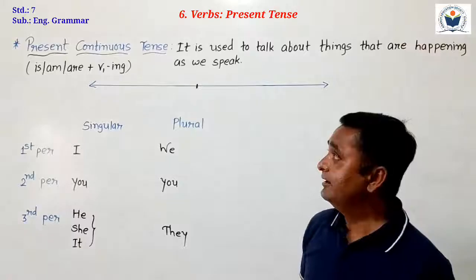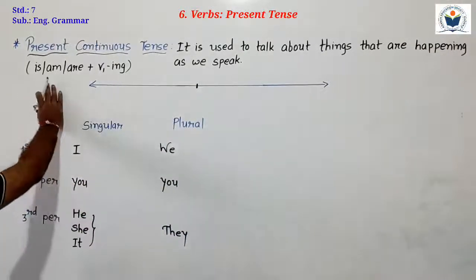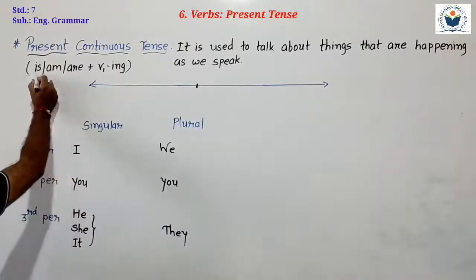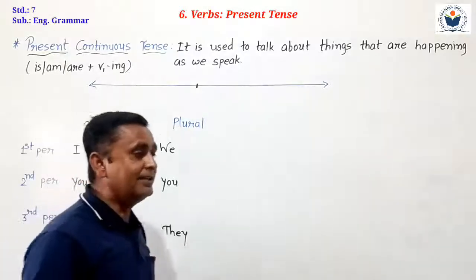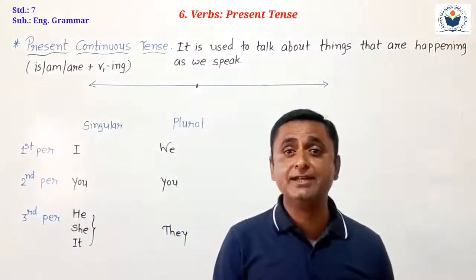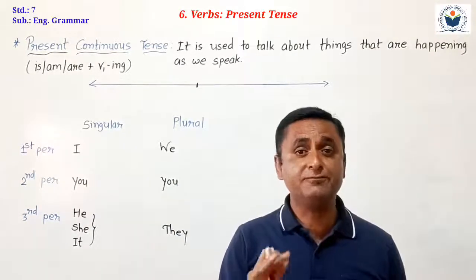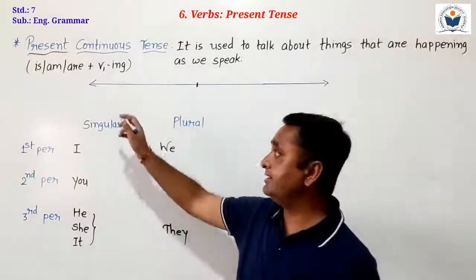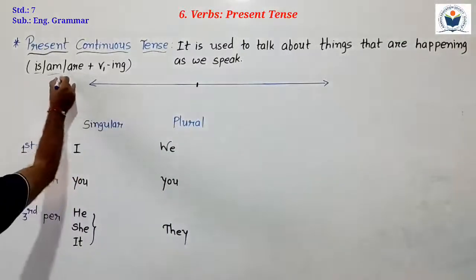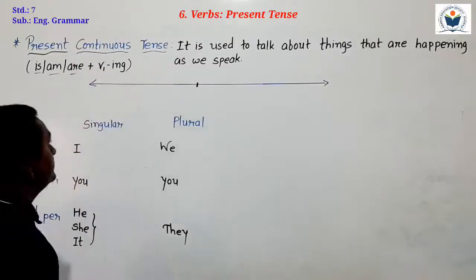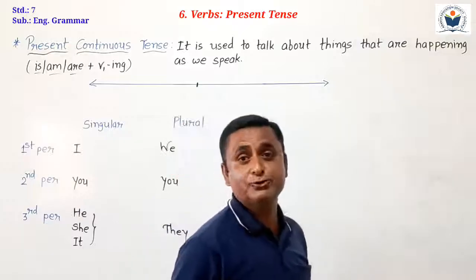Yes, very good. Now, first of all, the structure of present continuous tense. What is the structure of present continuous tense? I write here: is or am or are plus V1 ing. For present continuous tense, we have to use is, am, are plus V1 ing form. V1 ing form means V4. So we require three helping verbs. Present continuous tense has three helping verbs: is, am and are, plus we have to put V1 ing form while we are forming the present continuous tense.